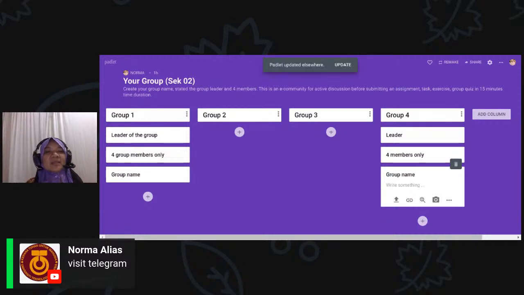Make sure you work in your group and create the link in the group. For example, you can create a sub Telegram group, a social media group. You can use Telegram, and you can also use WhatsApp, to